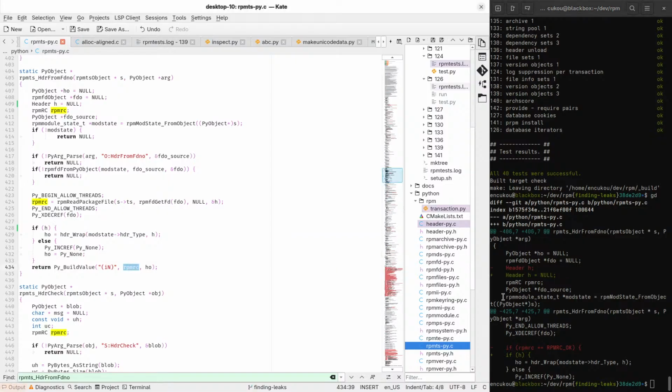Since the RPM-RC, the error code, is being returned, and we're also returning the header Python object. Whatever this function returned, we just give it back, basically. Right? So for setting this HO, we look at H and not at the error code.